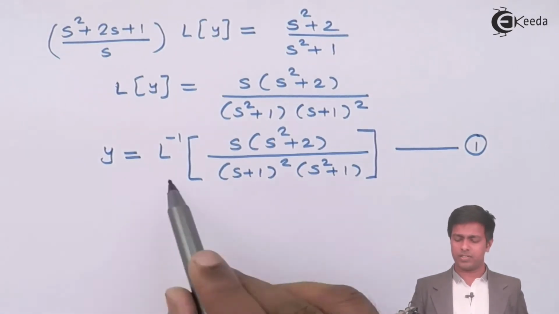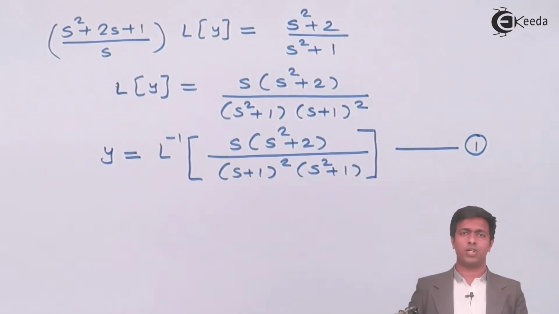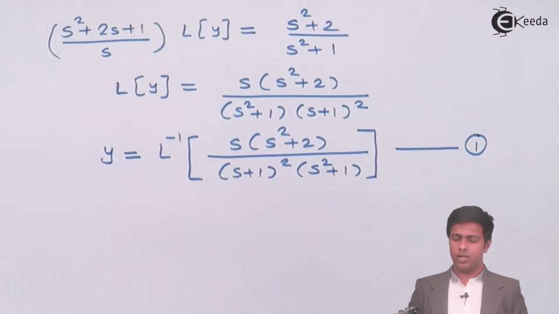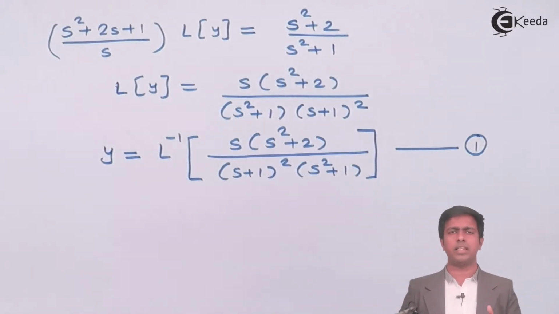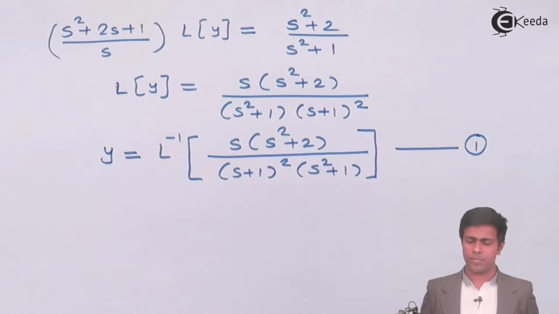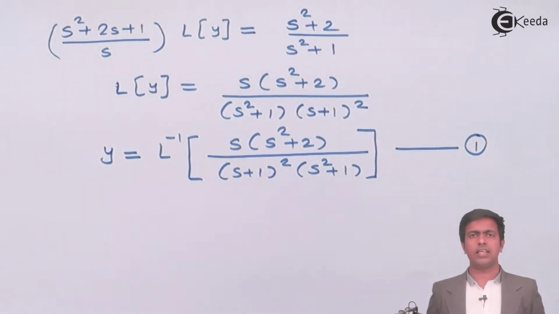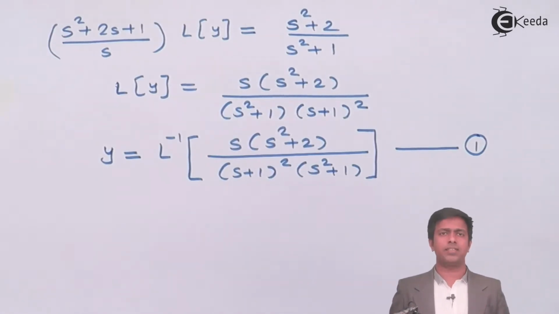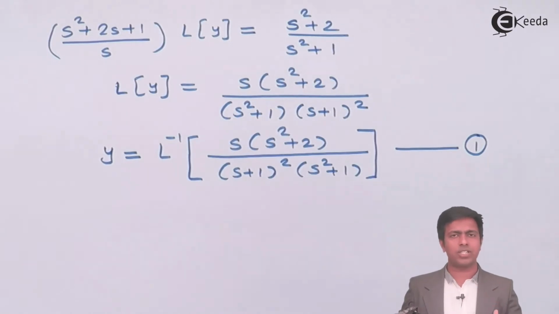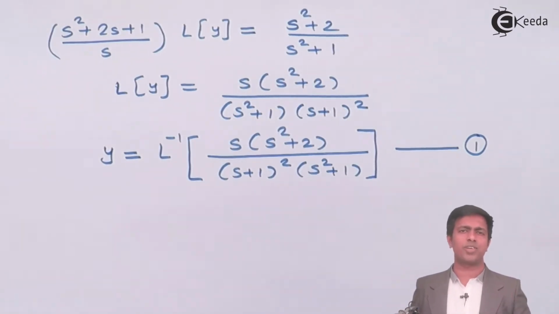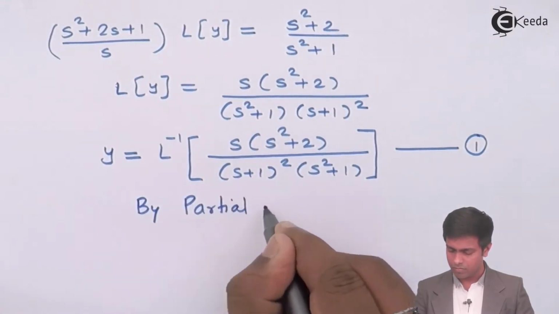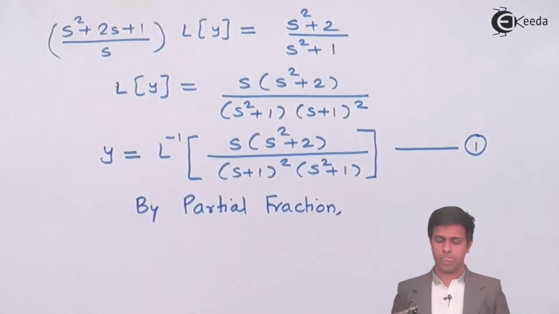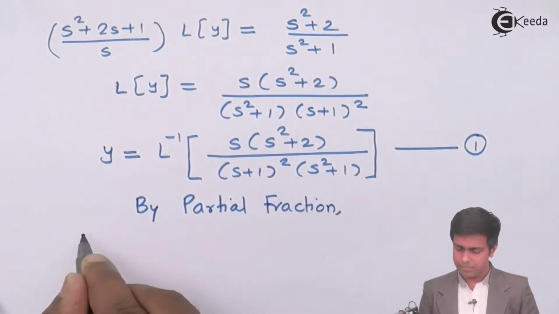And to get the inverse Laplace transform of this, we have to use the method of partial fraction, because by using that we can separate this big function into small functions, and then we can apply the linearity property of inverse Laplace transform. So now guys, what is the partial fraction of this function? I'm sure that you have practiced partial fractions in the lower standards, where I'm going to use the same concepts over here. So here I'll say by partial fraction, this will be